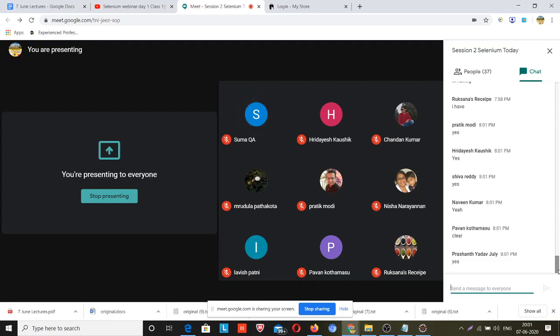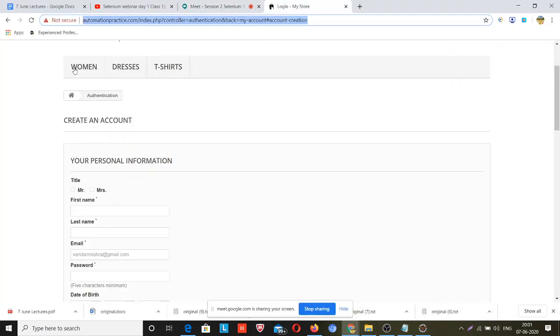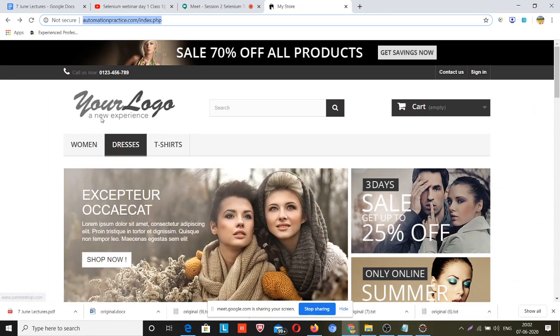Yes. Okay, thank you. So you will do this task, but how will Selenium know, how will your code know which is the locator? Because there are several web elements in this page.